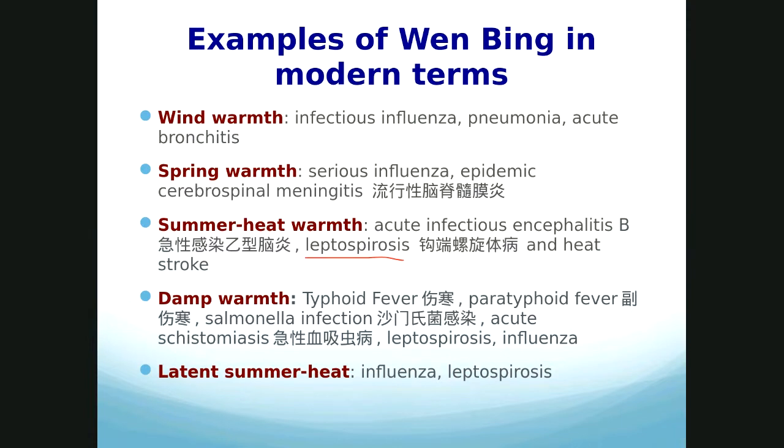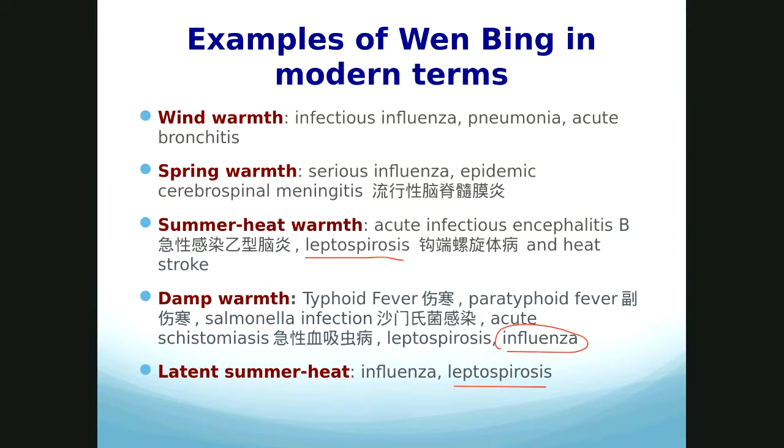Salmonella disease related to very serious infections, and even some very bad influenzas related with food poisoning, involved with gastro and influenza related conditions. So some influenza do not affect the upper respiratory system, instead causing people to have horrible diarrhea, nausea, vomiting. So this could be in the category of damp worms. Later summer heat could have some severe influenza and could have leptospirosis. So you can pick whatever you prefer to deal with.